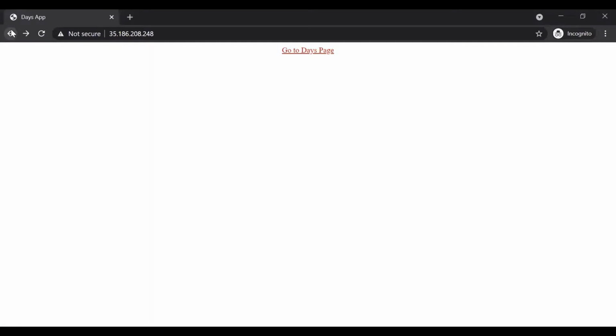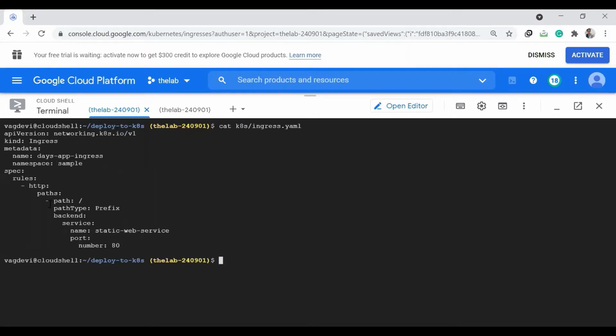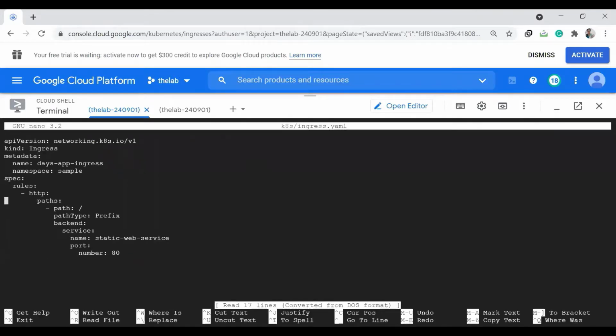Okay, so this may be because of differences in the ingress YAML file, the way which we define in that. So right now we have used the YAML configurations as follows, where the path is mapped to a slash, which means the root route, right? So if you are not able to go to the next page upon clicking that link, you might have to change this file to have an asterisk, which is a wildcard entry.